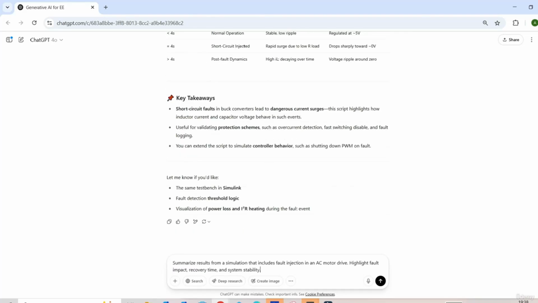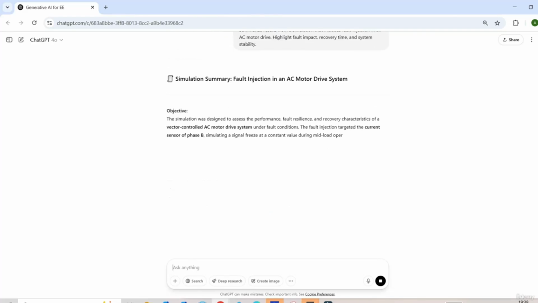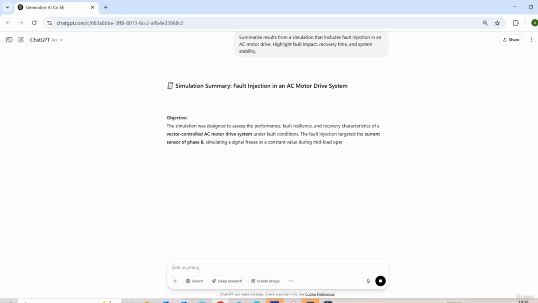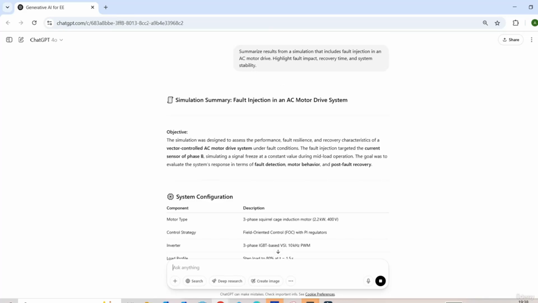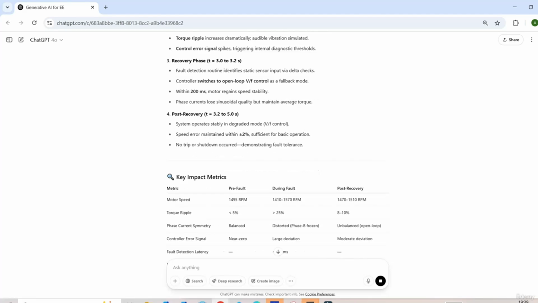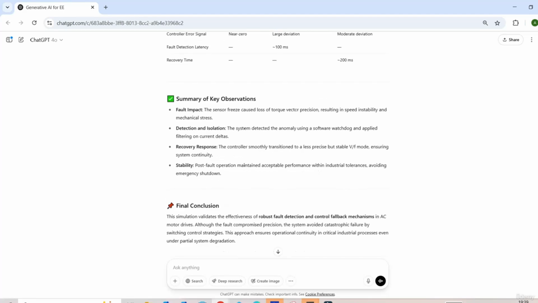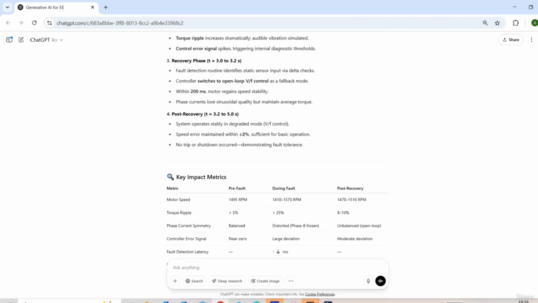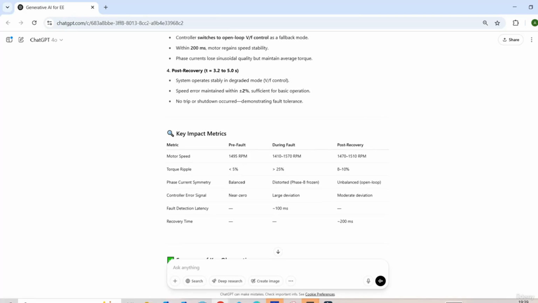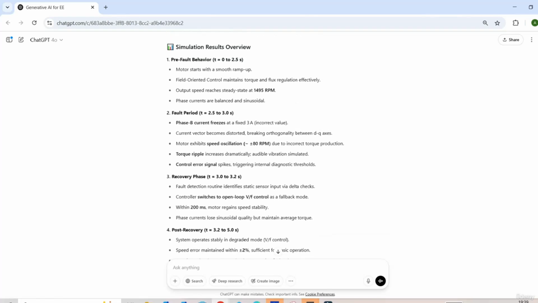Finally, we'll prompt the AI to generate a simulation result summary suitable for documentation or report inclusion. This type of AI generated post simulation narrative accelerates lab reporting, design reviews, and presentation building by summarizing key metrics with context. This module demonstrated how generative AI enhances simulation workflows by generating fault scenarios, creating test matrices, and summarizing